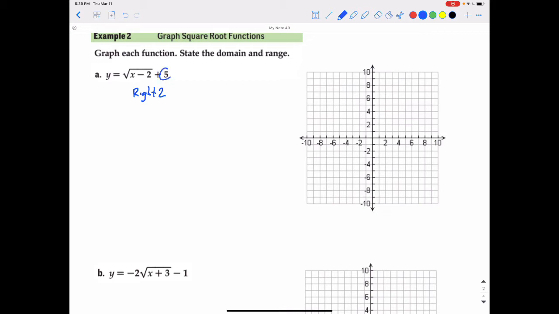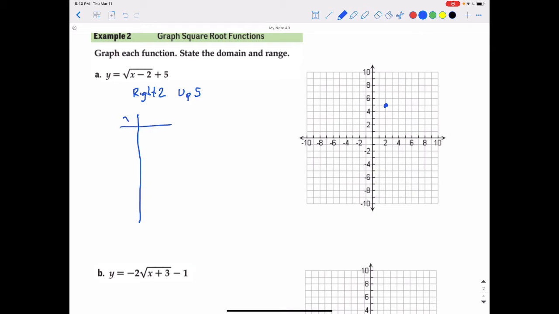And then the plus 5, it is outside. That's your up-down shift, so we'll go up 5. So right 2 and up 5, so I'll go right 2 and up 5, place a point there, and that's the starting point. Then we're going to do a short t-chart,